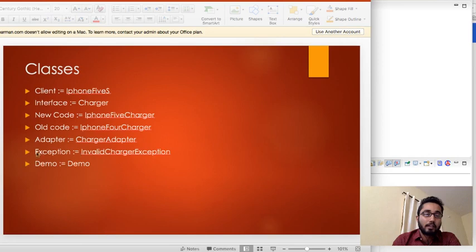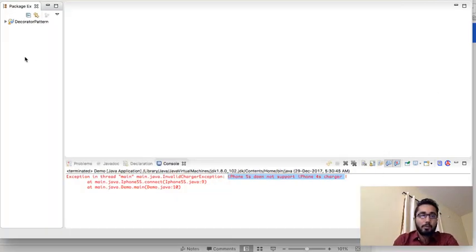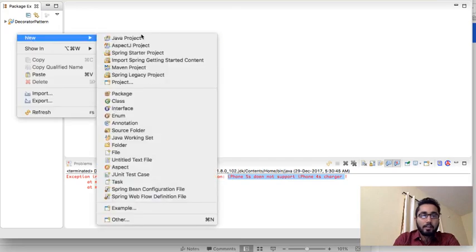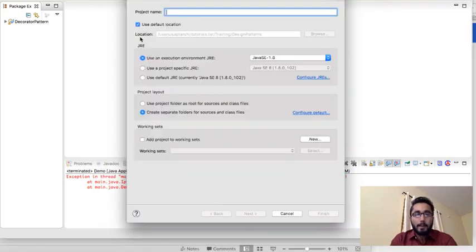Also, I have taken an example where I'd be using a particular exception, which is going to be invalid charger exception. The reason for taking this exception is that whenever you mistakenly connect an old code without an adapter to a client which only supports a new code, a situation needs to be flagged saying, okay, this particular operation is not supported. Okay, so let's go back to code, and here I'll create a new Java project, and I'll name that adapter